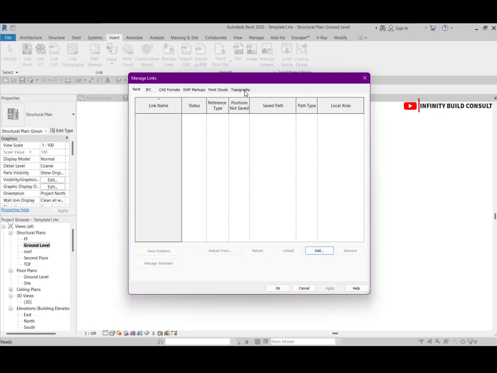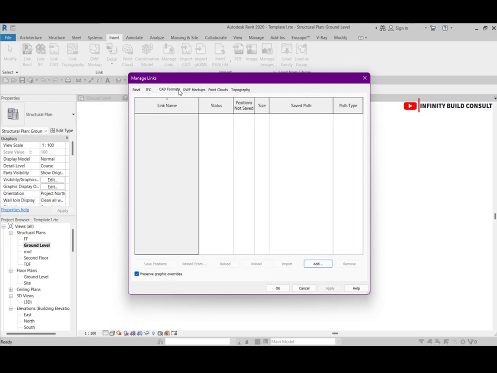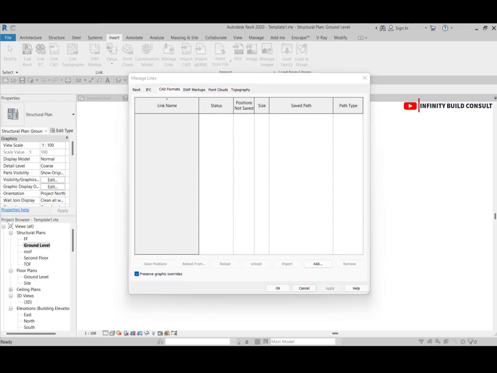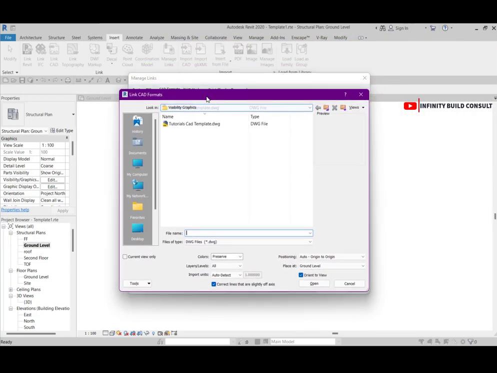So we have the Revit file, the IFC file, and the CAD format. We are going to use the CAD format area and come to Add. Under Add, it will pop up this Link CAD Formats dialog for us. So we browse to where our files are. In case you want this CAD file, kindly comment in the comment section, and I'm going to provide you with this CAD file. But before that,